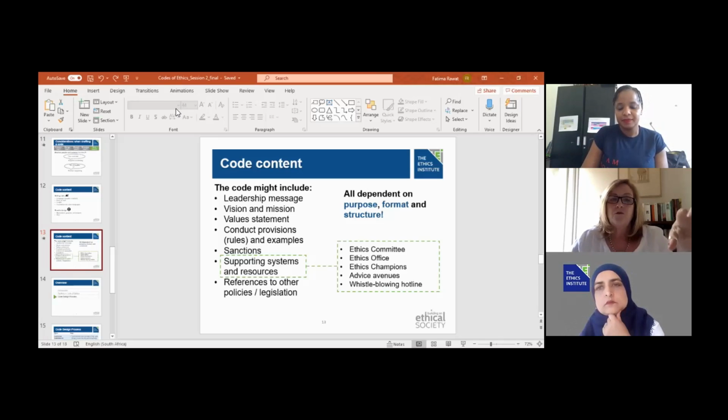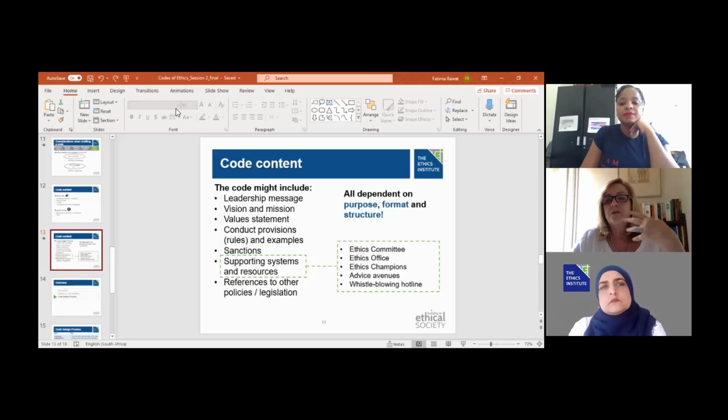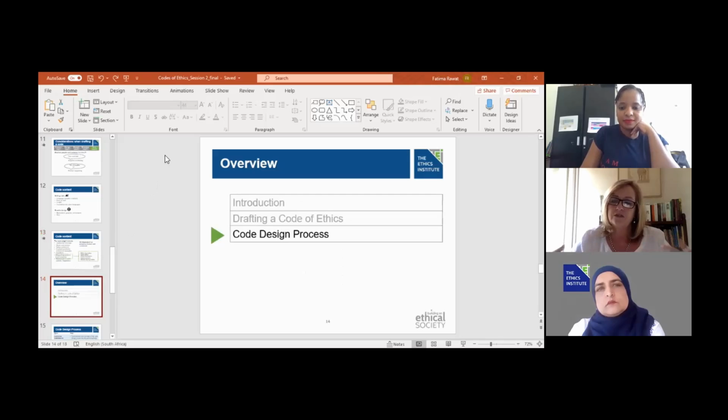For the custodians of the code of ethics and the ethics work in the organization, what is the value of consulting staff, in a consultation process, in getting staff to define some of that value system, because of the importance of this balance or integration between the one that is structured about what you do and don't do and the other one that is value-based? Would you like to answer that, Javita?